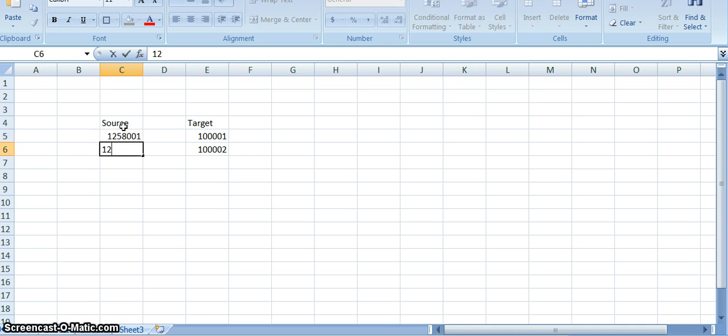Suppose the data is coming from the source like this file,